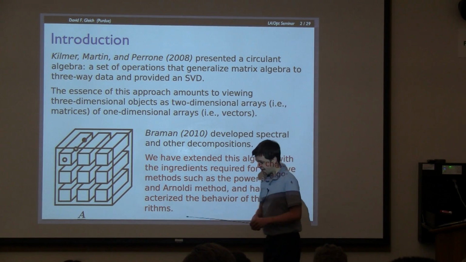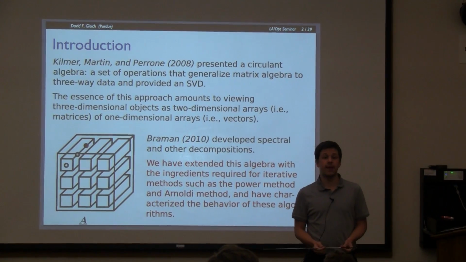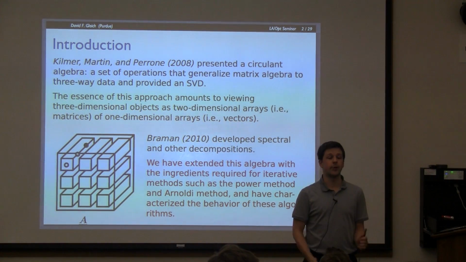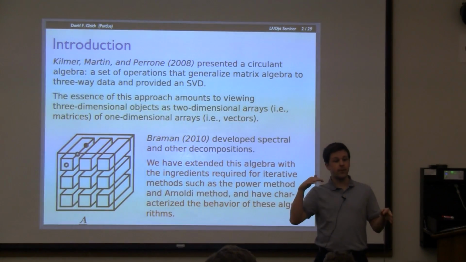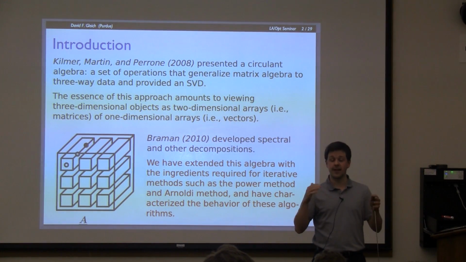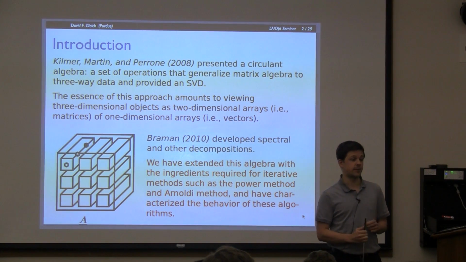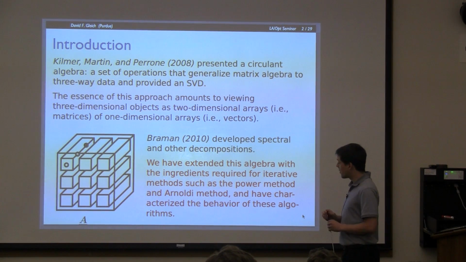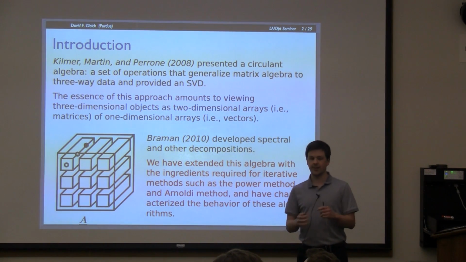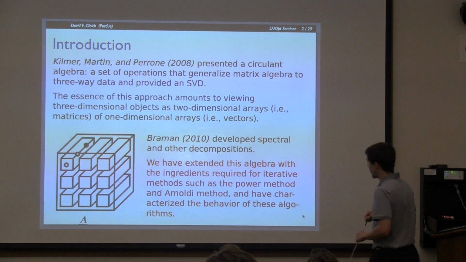I guess I should set the stage for this work a little bit. There's been a lot of interest in ways of working with three-way data. So taking what we know about linear algebra and moving it up a dimension. So we know how to do all of this work with two-dimensional matrices and vectors. A lot of data sets out there aren't necessarily well described by two dimensions, and a lot of problems aren't necessarily described by two dimensions either. So there's been a long line of work that takes these things and looks at cubes of data or cubes of numbers instead. So one of the more recent